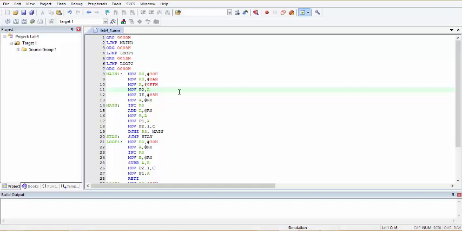So the problem statement here is that the main routine should perform addition of 10 numbers, and when interrupt 0 is pressed, it should result in the subtraction of two numbers, and multiplication is done when interrupt 1 is pressed. So let us begin. At 30h in the data memory we have stored our values. This is the initialization of that register. Since we are adding 10 numbers, we have used R3 as our counter.